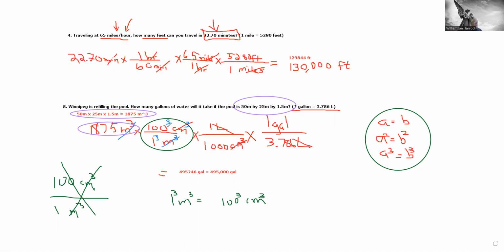And you have to make sure that you cube it. If you forget to cube the 1, you get away with it because 1 cubed is 1. But if you forget to cube the 100, you'll get a really bad number. Okay. Anyway, that's how you do 4 and 8. And I hope that helps. Okay. And so let's